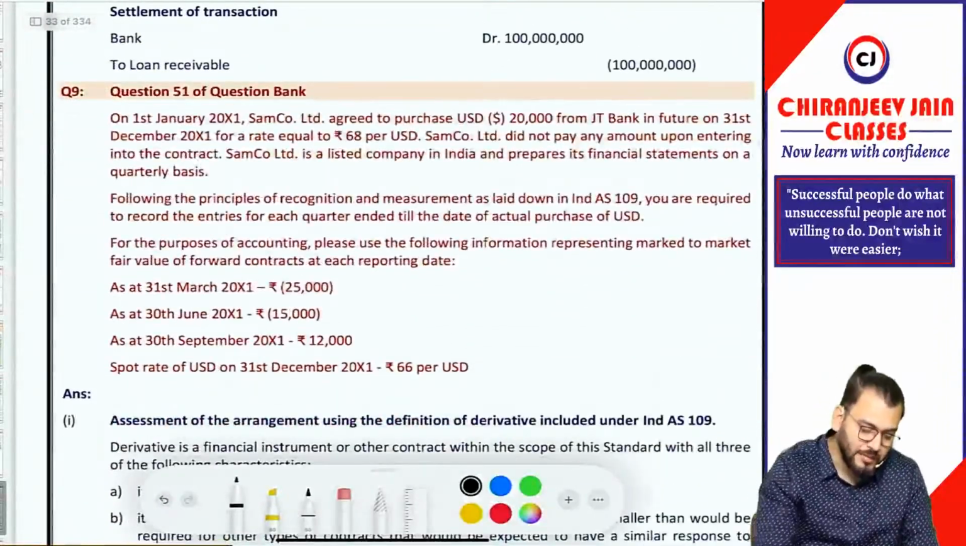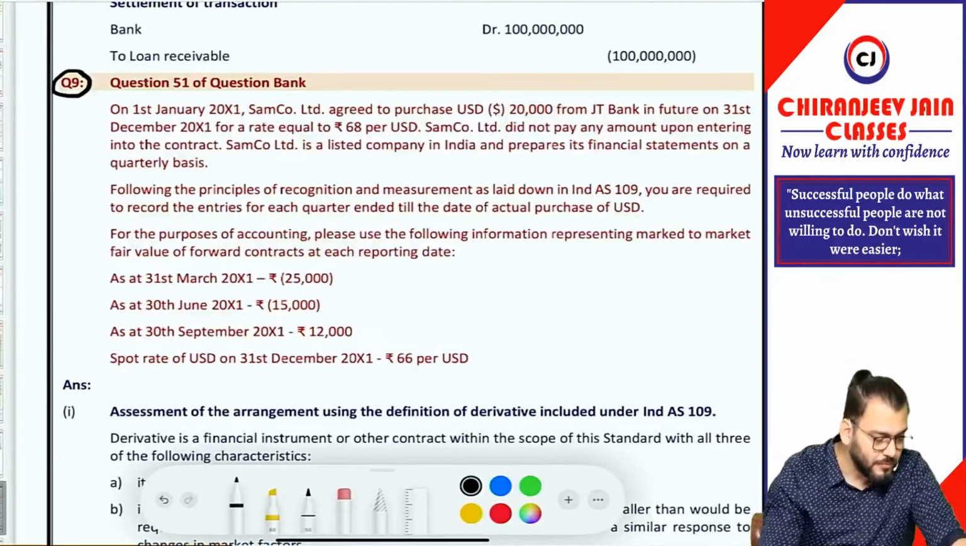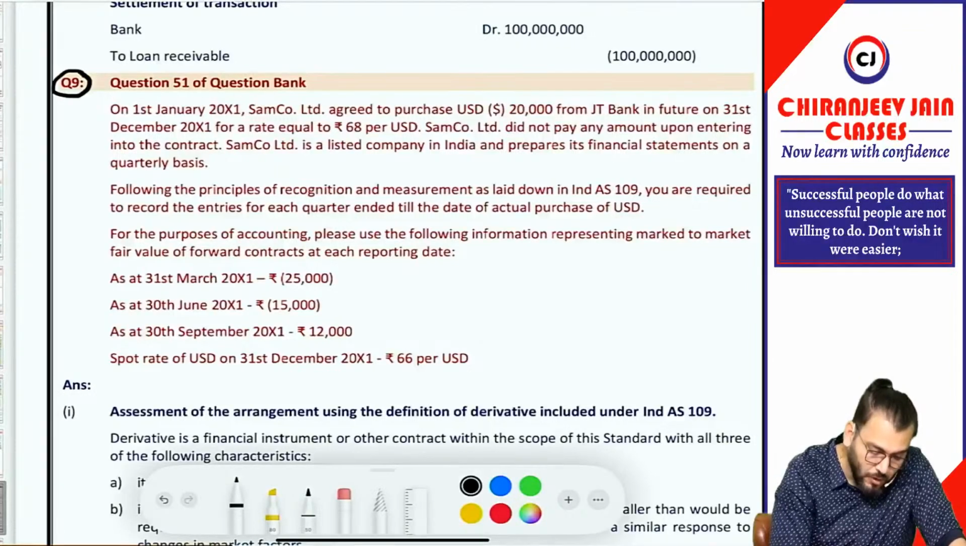Come to question 9. This question is also expected and can be asked in the exam. Chalega? Yes sir. On 1st Jan 2001, Same Company Limited agreed to purchase